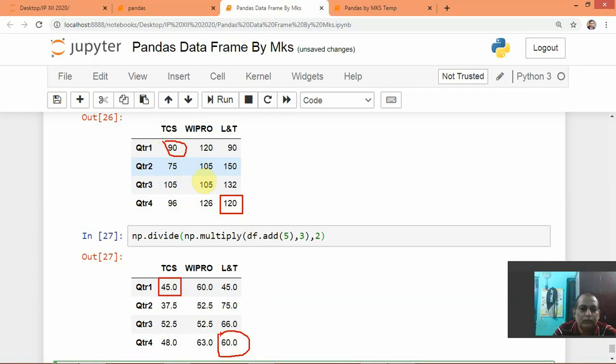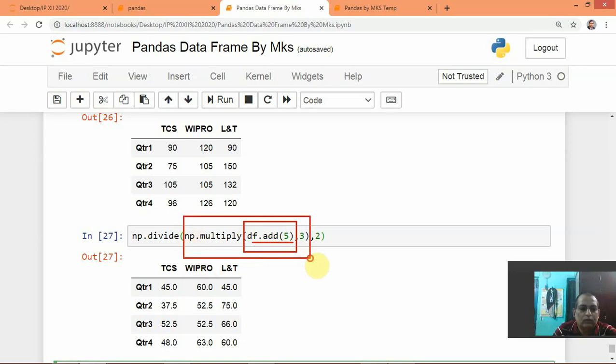So what we have seen here: this inner function df dot add is working first, then this function is working secondly. Means the output of the inner function becomes the input for the outer function, and finally this function is working like this.